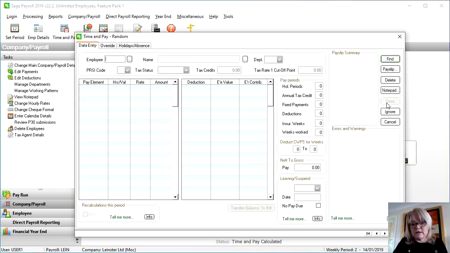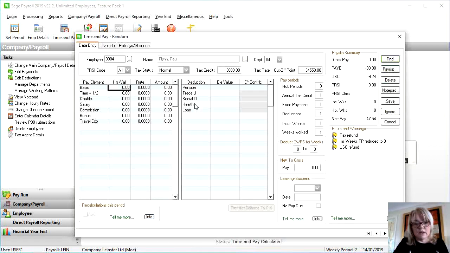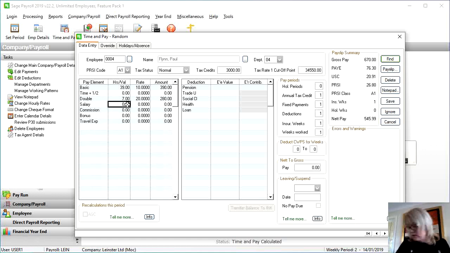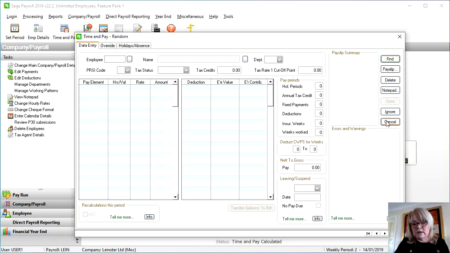So we click save on that, and the next employee is Paul Flynn, and again he is on a 39-hour week, and he gets €10 an hour. And we're told that week 2 he works 7 hours double time, so double time is 7, and he's on 10 basic, so double would be 20. Starting week 2, his cut-offs have increased, so I'm just going to save that for the moment and cancel out